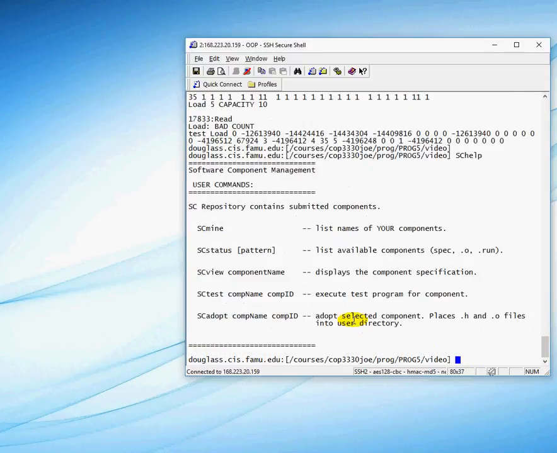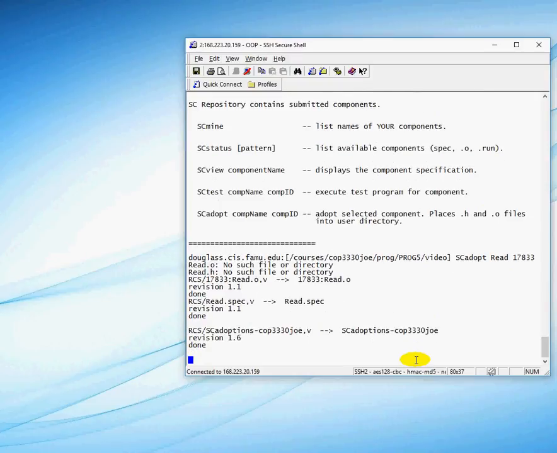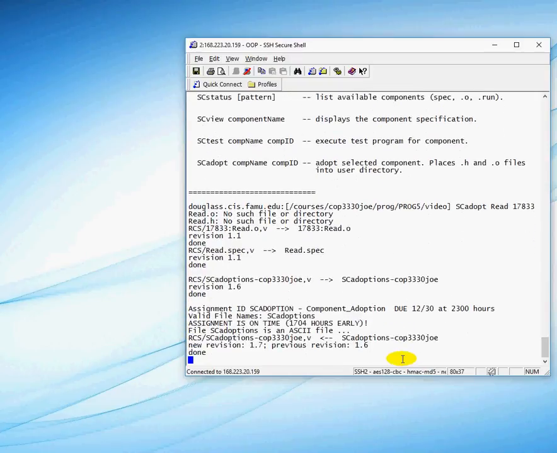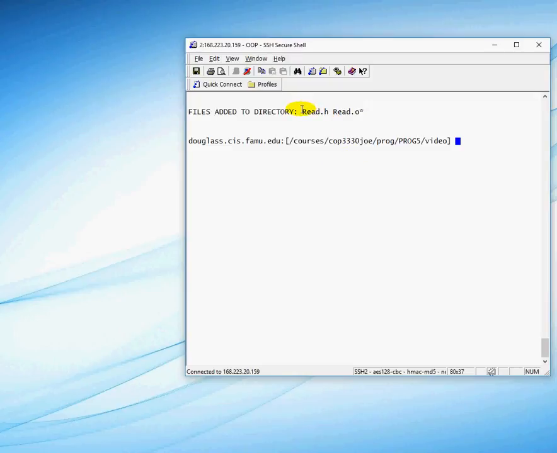How do we adopt it? The command is help. So it looks like the same command as the test. I say the component name and the component ID. So let's just redo this. So we're going to say adopt. And when we do that, it's going to tell me that I have two new files. One is read.h and the other is read.o. See that? Because these files are in my directory,